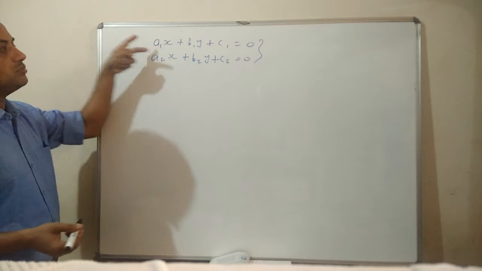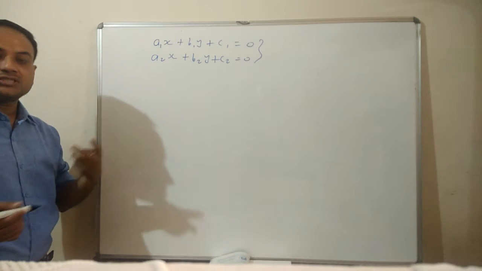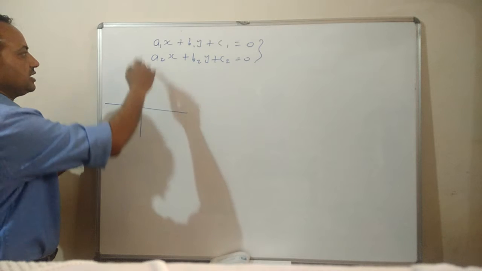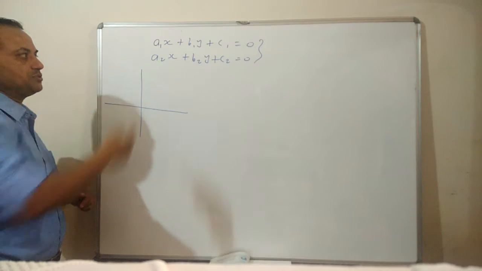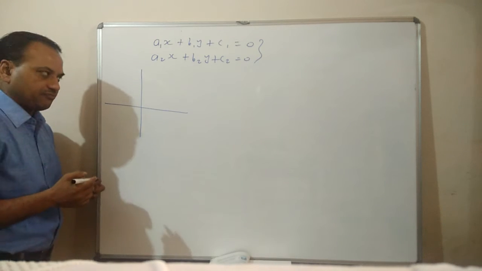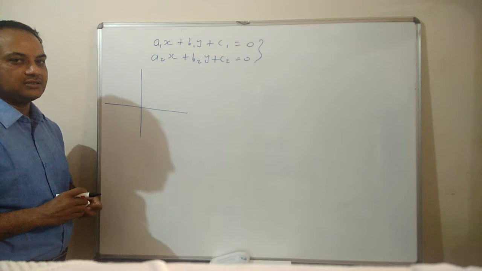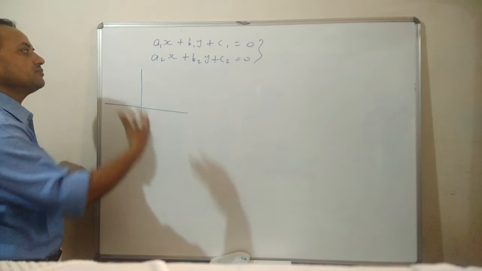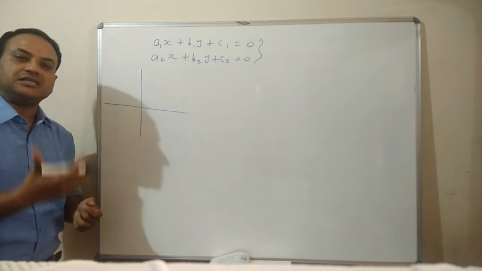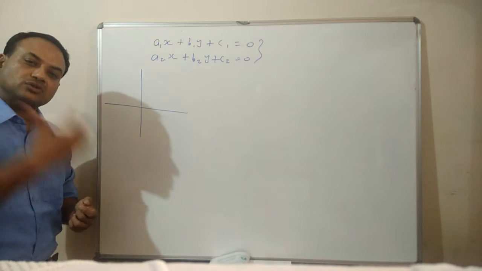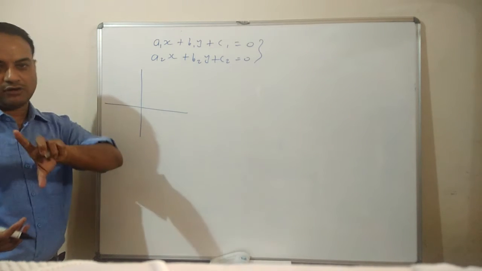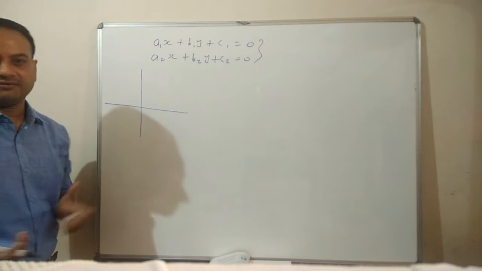When we draw two lines, the pair of lines on the graph paper, then we get certain conditions. Basically, there are two ways to represent these equations on the graph paper, and two ways of solving them. Representation has two ways, solving also has two ways. Representation first graphically and then algebraically. Solving also graphically and algebraically. The two parts you have to cover are representation and solving. Solving means finding the value of the variable.